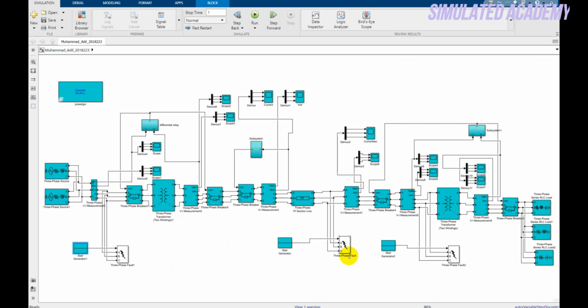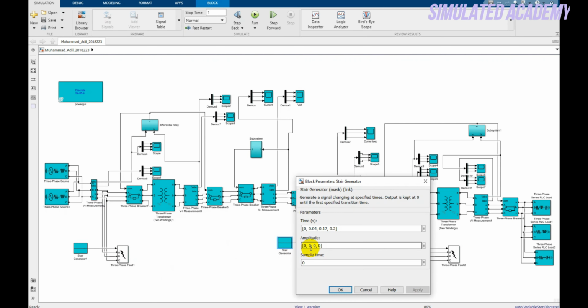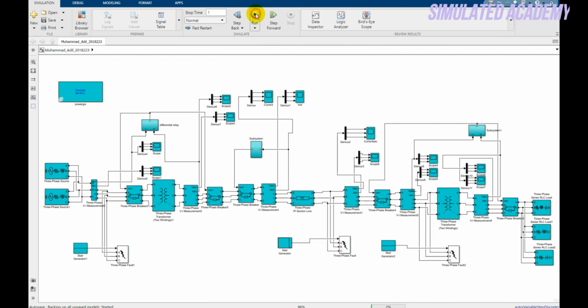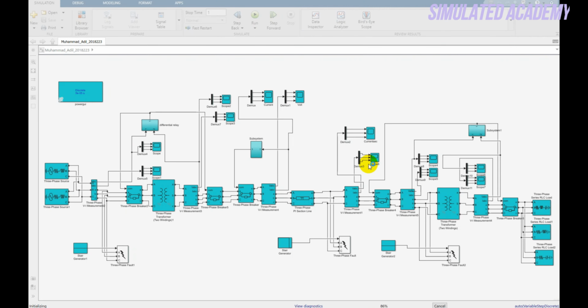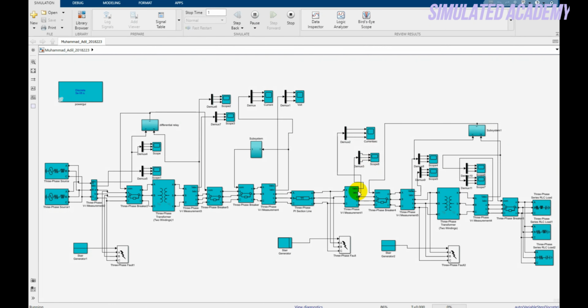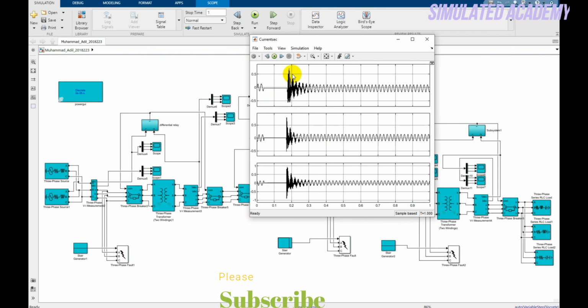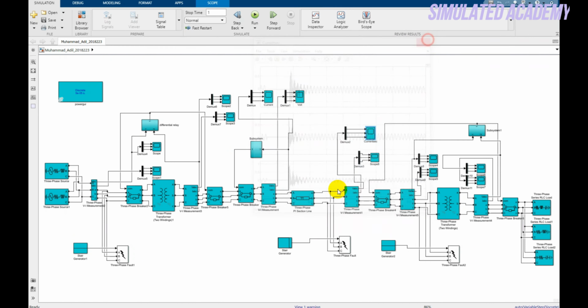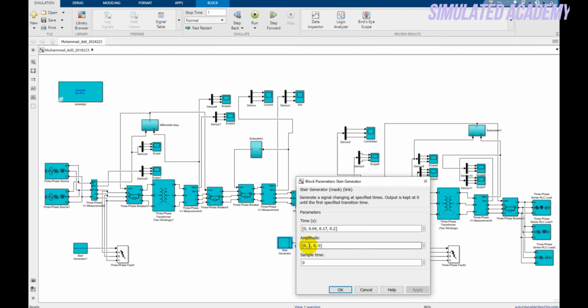and I want to generate a fault in my transmission line. Double click on this and generate a fault in this. Just run this again. And see the current values. As can be seen, it is interrupted when the fault occurs, and this disturbance is because of the RL nature of the transmission line. Now remove the fault again,